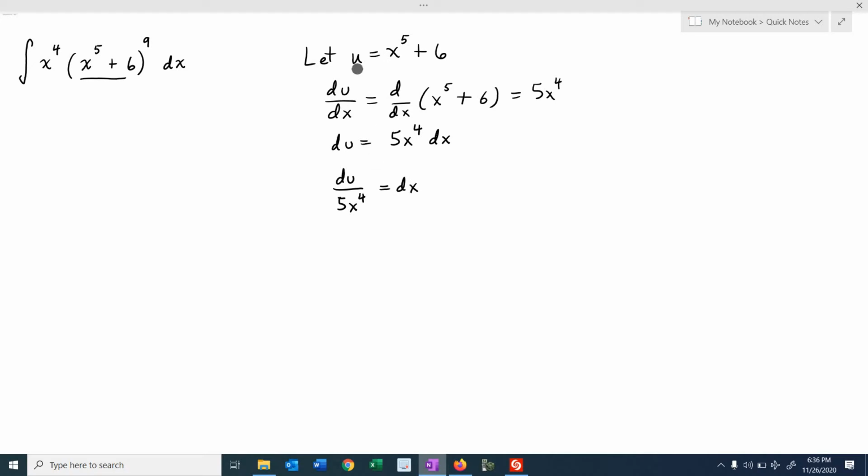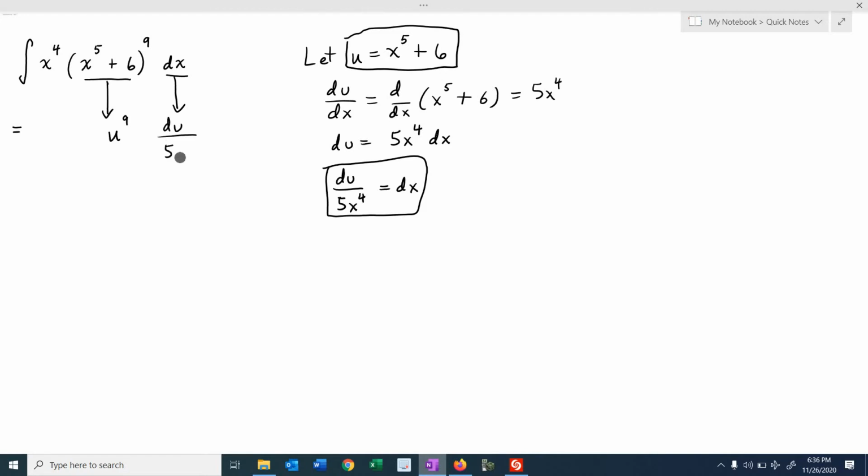Okay, and then once you've done that, we're going to take both of these equations, right, this top one and this bottom one, and we're going to substitute it into this original indefinite integral. Okay, so this piece right here is u, so that's going to become u to the ninth. And then the dx is du over 5x to the fourth. And of course, we still have this x to the fourth that we didn't substitute for. Okay, so now our indefinite integral